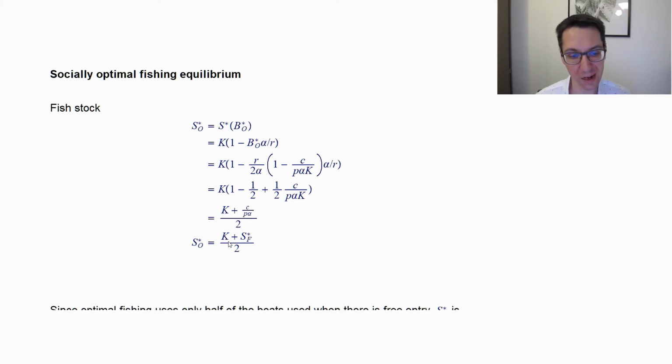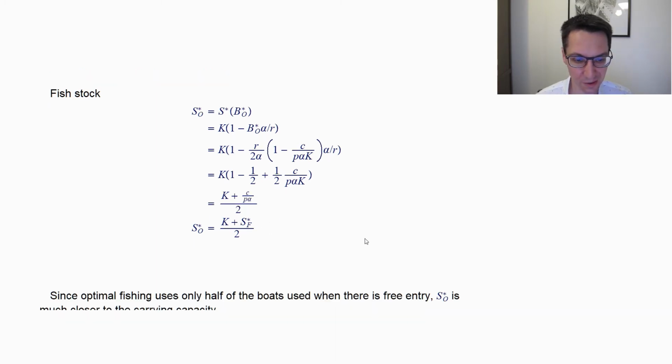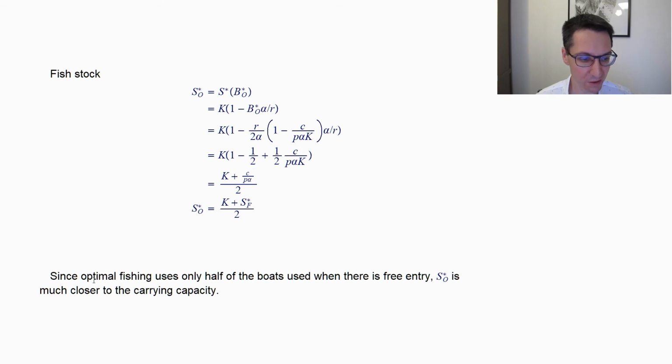Again, it's going to at least in part be dictated by K, whereas free fishing was just dictated by the price and the cost. Okay, now that's what I'm writing here. Optimal fishing uses only half the boats used when there was free fishing, so S star O is closer to